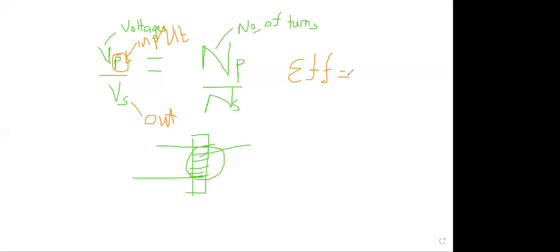A transformer cannot give us exactly what we get. The power that we get in cannot be equal to the power that we get out because of some reasons that we can also find. So that means that a transformer can also be efficient like other machines in the work that it does. If it is a step-up transformer, how efficient is it in stepping up the voltage? Or if it's stepped down, how efficient is it in stepping down the